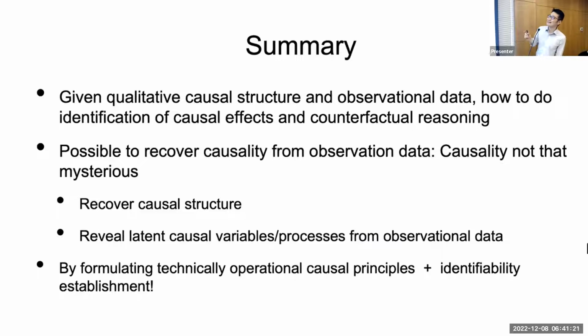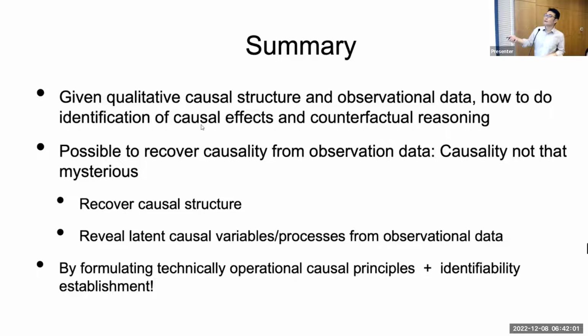To give a quick summary, in this part, essentially we deal with the data in a statistical way, and we try to answer two questions. In the first one, we are given a qualitative causal structure together with some observational data for some measured variables, and you want to see how X influences Y. In other situations, you want to do counterfactual reasoning or counterfactual generation. Essentially, you make use of the qualitative structure information and the quantitative data information, and then you can answer this question under some assumptions. I briefly touched on the conditions under which this is possible.